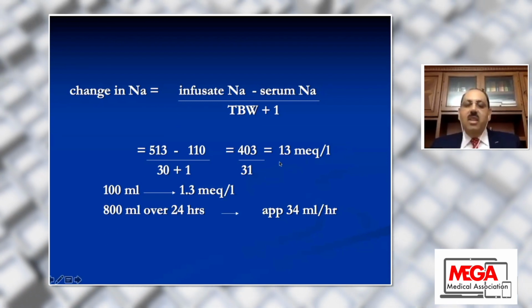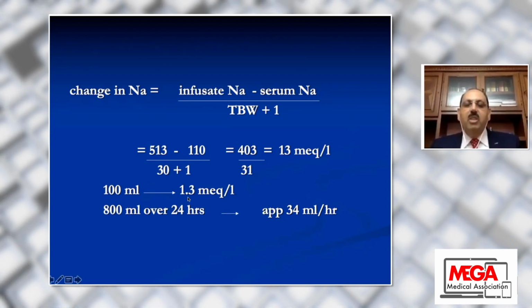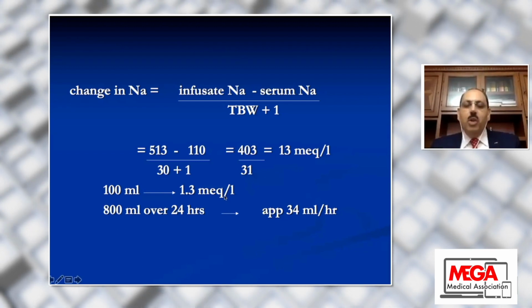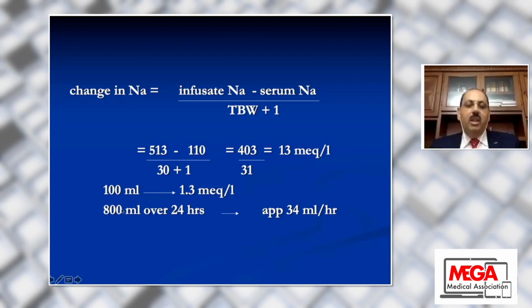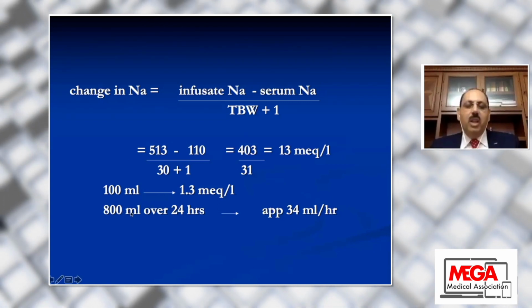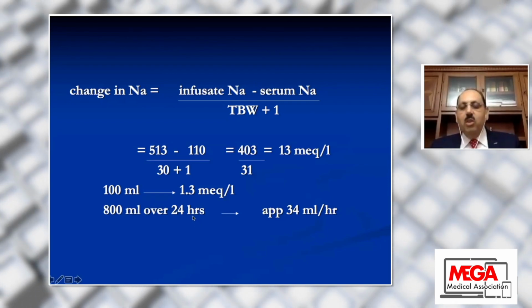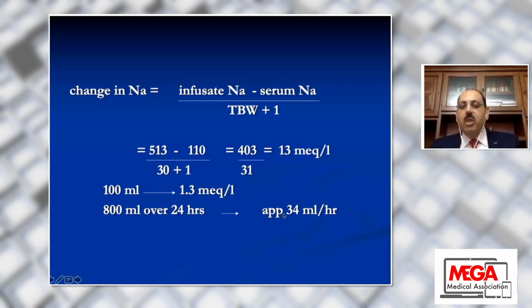This means every 100 milliliters of hypertonic saline 3% contains 1.3 milliequivalent per liter. So to give the 600 milliequivalent, we can use 800 milliliters of hypertonic saline over 24 hours. So we can ask the nurse to start the infusion of hypertonic saline at a rate of 34 milliliters per hour